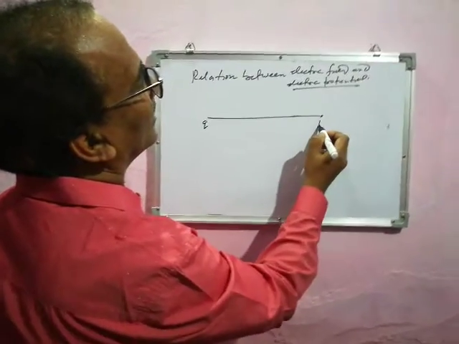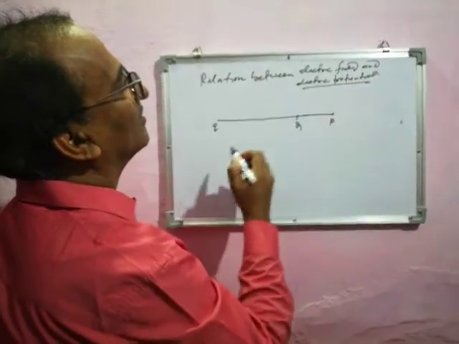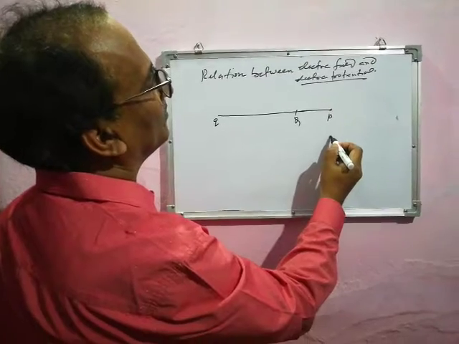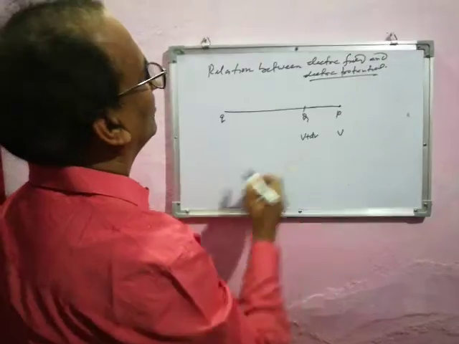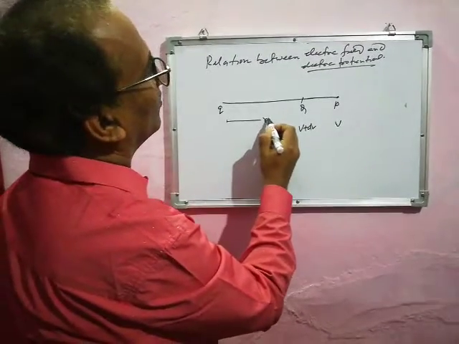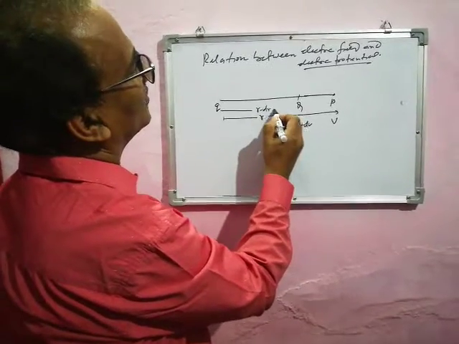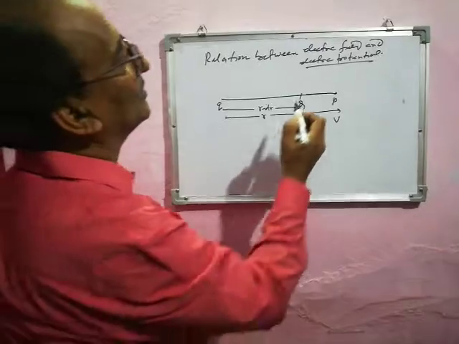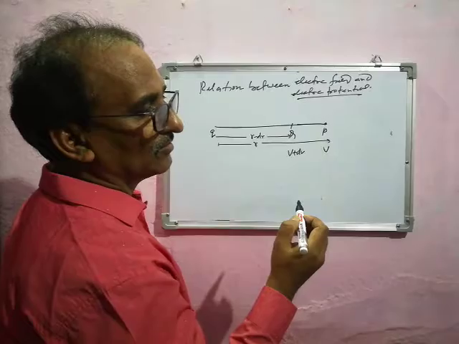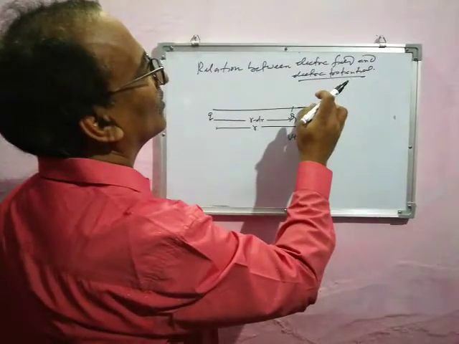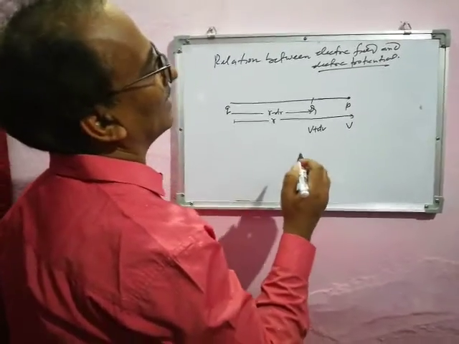P and Q are two points situated a very short distance apart, and suppose the potential at P is V and the potential at Q is V plus dV. Suppose the distance of the point P is r, so that the distance of the point Q will be equal to r minus dr. According to the definition of potential difference, we know that it is the amount of work done in moving a charge from one point to another without acceleration and against the electric field.